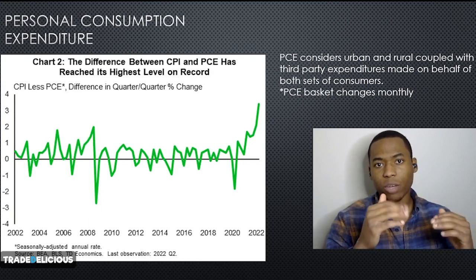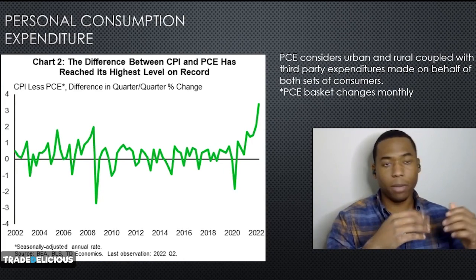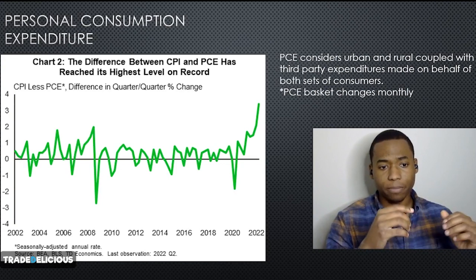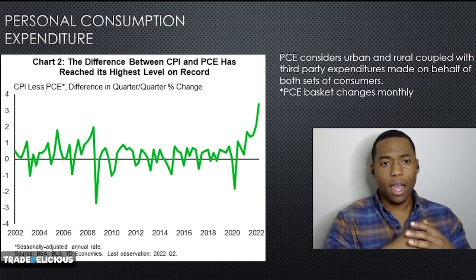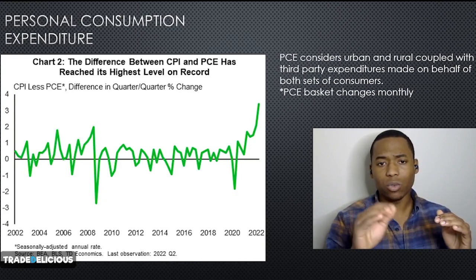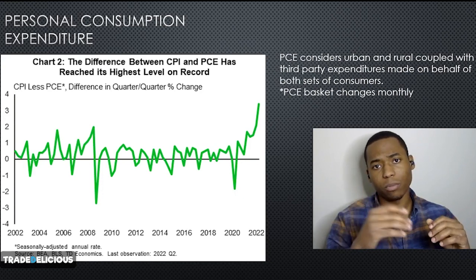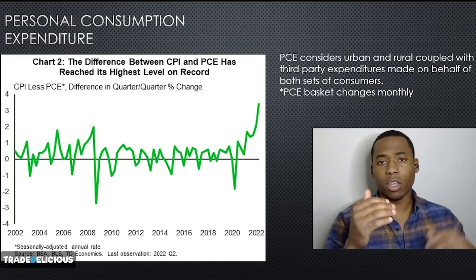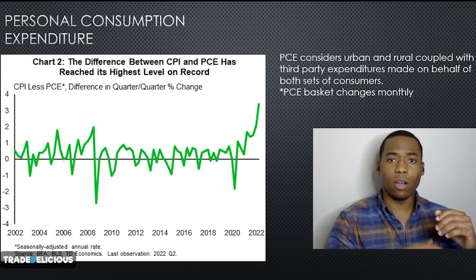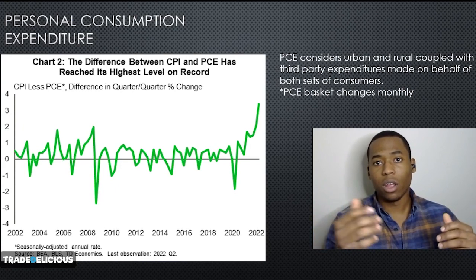There's a distinct difference there. So PCE is often going to be a little bit more of a short-term thing. CPI is going to be a bit more of a long-term thing. But as you can see in this chart that I have here, again, something pulled from the Bureau of Labor Statistics, CPI has moved kind of heads and shoulders above PCE in terms of how much of a percentage change we're seeing. CPI is getting a little bit more out of control than PCE. So sometimes you'll see central banks refer to one over the other, depending upon if they're talking about a short-term outlook or a long-term outlook. Obviously, PCE will be the sister video we do to this one later this week.